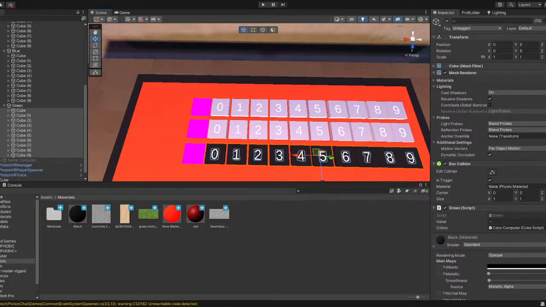Then go to your materials folder if you have one. If not, you can just make a new material by right-clicking, create, and then material down here. And then you can just change the color of your material or whatever. This top one here is red, so here you can add the red color on this. This middle one is actually green. It says it's blue, but it's actually green, so this one's green. And then the bottom one, of course, is blue. And now on all of the